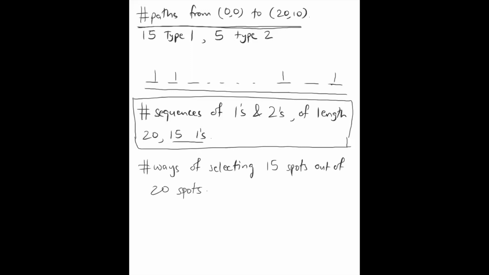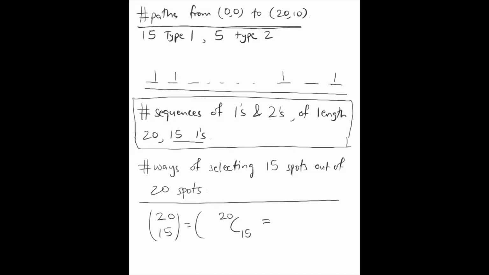Here we are seeing spots, and in one of the previous slides, what we said was objects. So this new thing that we have is really the same as the number of ways of selecting 15 objects out of 20, and we know how to do that. Well, that number is just 20 choose 15, which you also write as 20 C15, right?